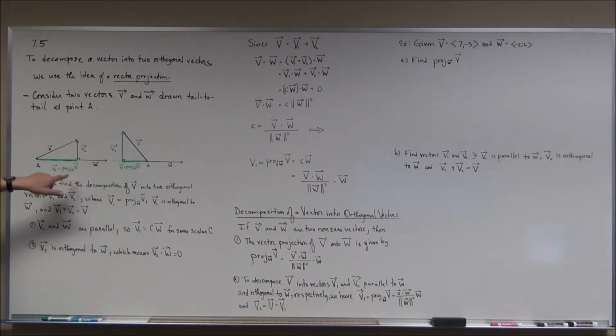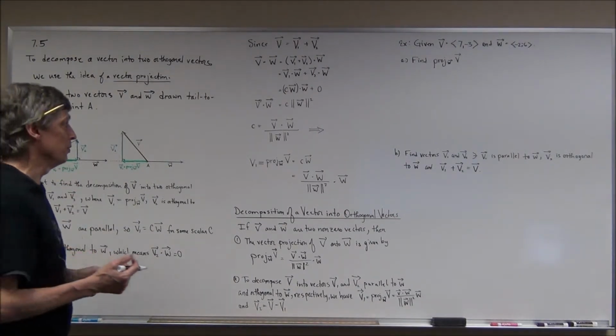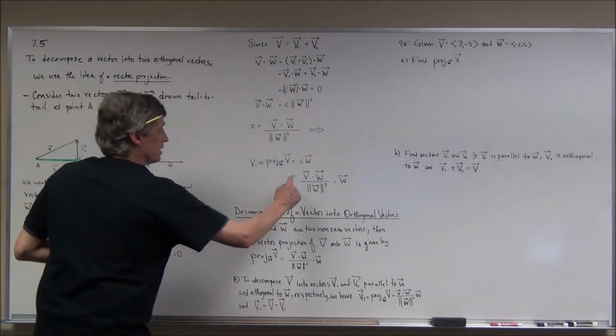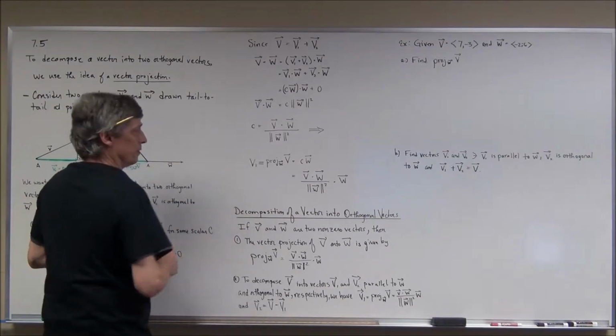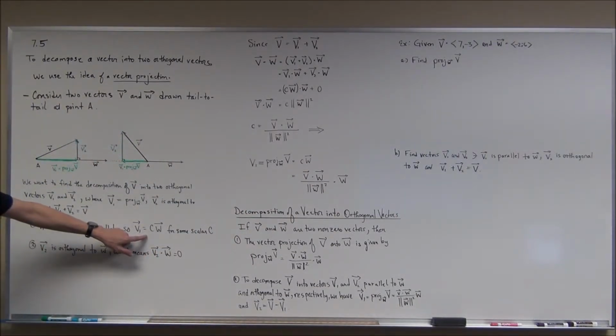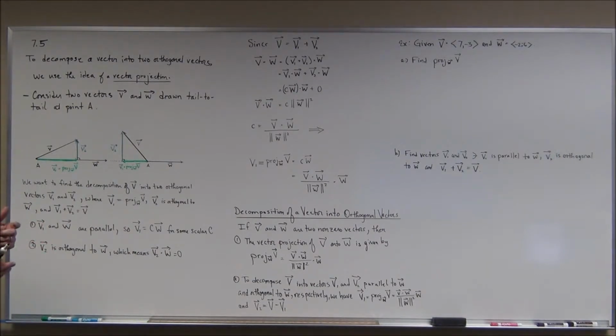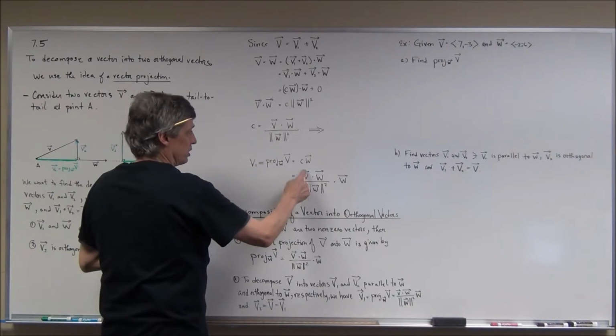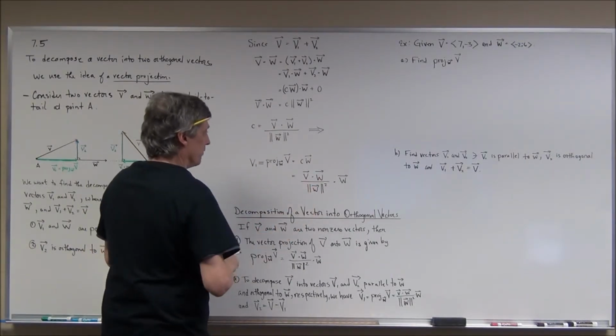Okay, now, remember that V sub 1 is a projection of the vector V onto vector W, that's how we described it. So I'm going to write V sub 1 as this multiple times W, because that's what we have right here. It's a scalar multiple, because they're in the same direction or in opposite directions. I'm going to replace C with this expression right here. And this gives me